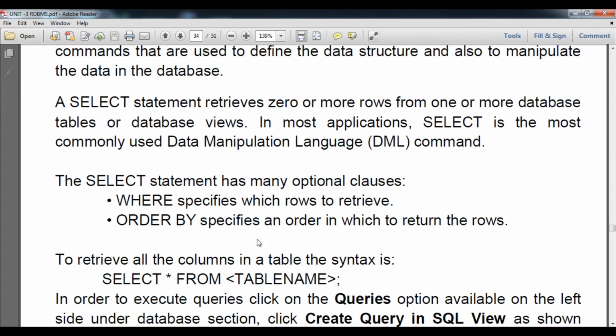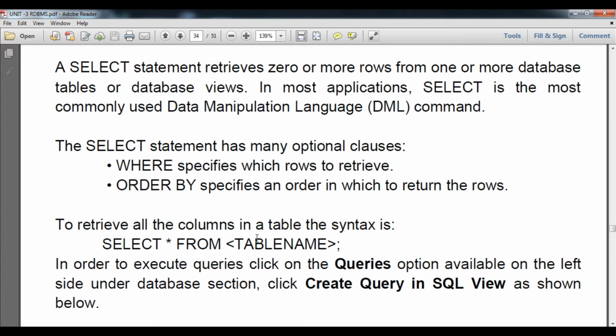Now the first command we will discuss, as in the earlier video also: a select statement retrieves zero or more rows from one or more tables of the database views.